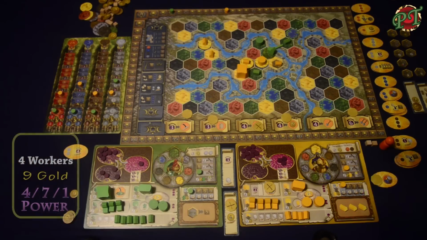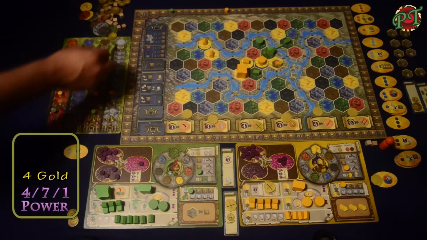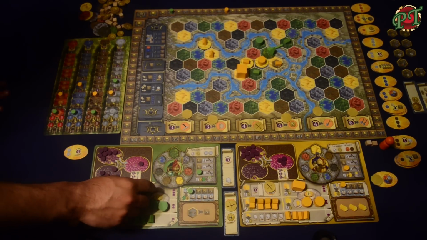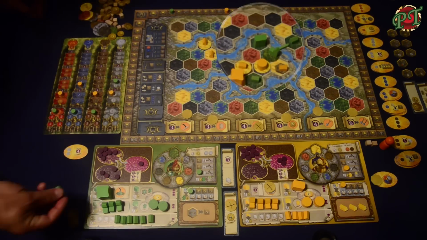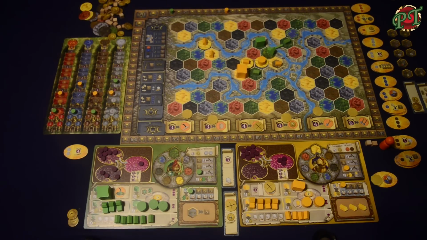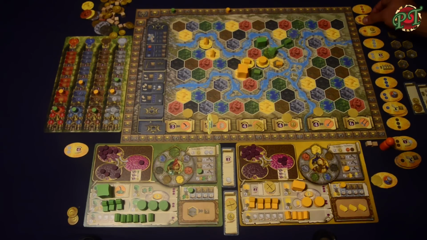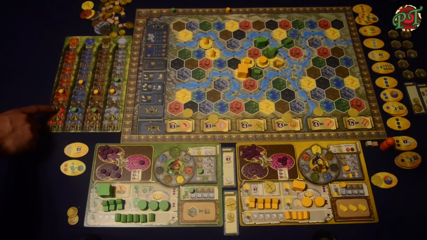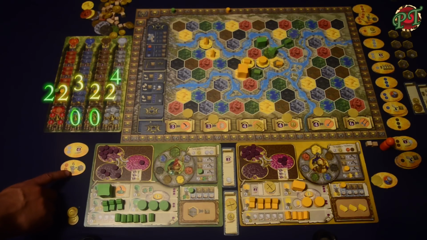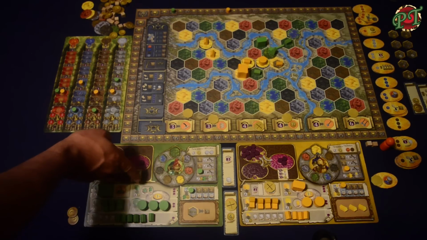I'll do 4 and 6. I'm gonna upgrade this into the sanctuary or reveal the favor. I'm gonna get the 2 red. 1, 2. And I can make now a town with 6 points instead of 7. And the sanctuary, as I revealed,